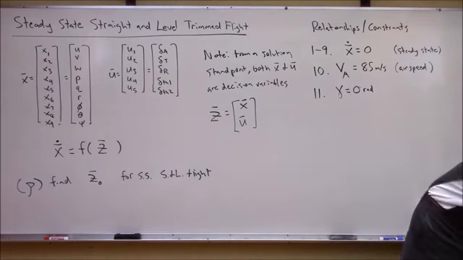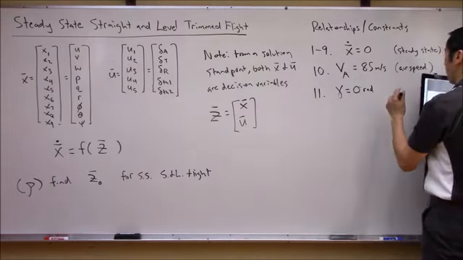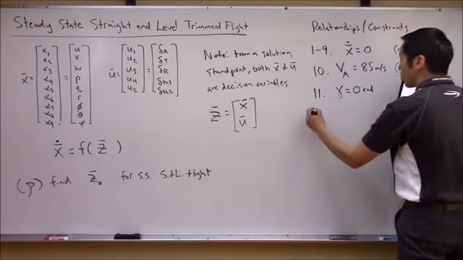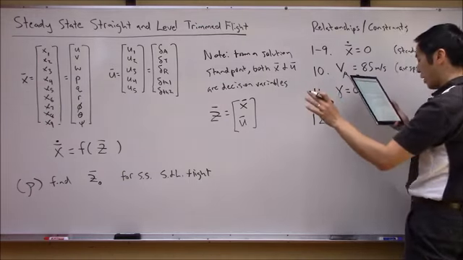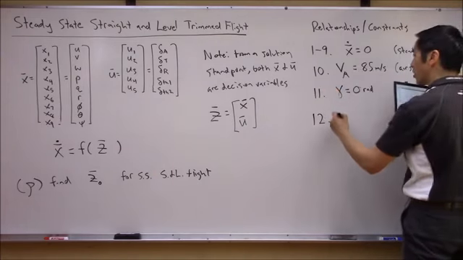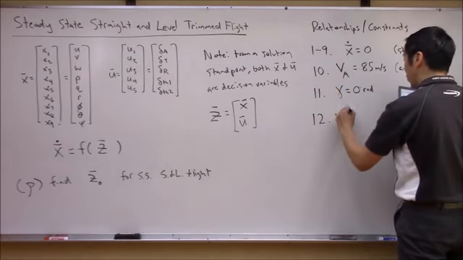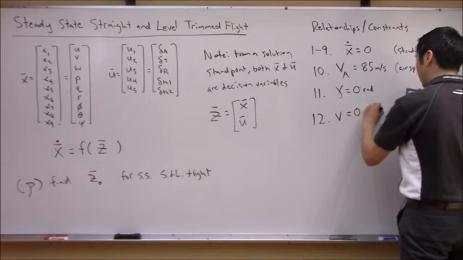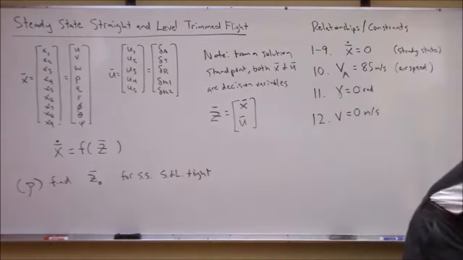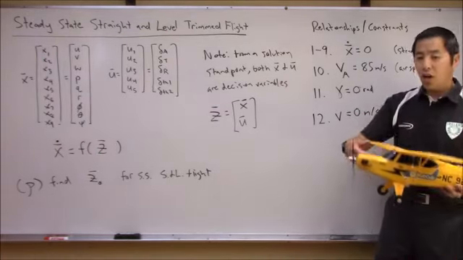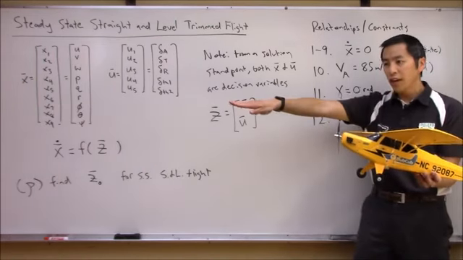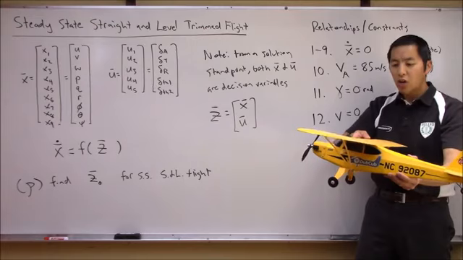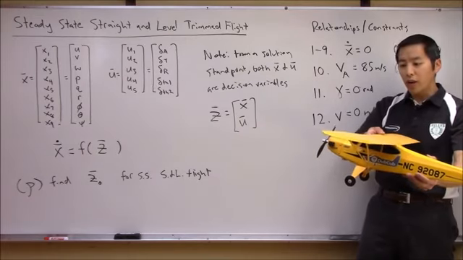So let's just go ahead and enforce that. This is part of the straight and level constraint. And in fact, straight and level means a couple of things, right? We also want no side slip. So let's do this. So V equals 0 meters a second. So I don't want the aircraft, you could potentially get the aircraft moving along at the same altitude if you were to crab or crank the rudder over and slip